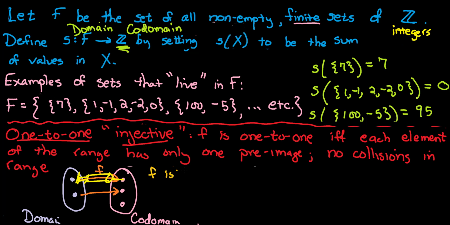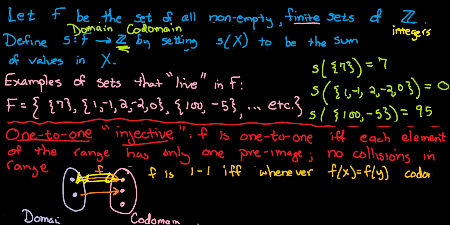F is, and I'm going to abbreviate, one-to-one, if and only if, whenever f of x equals f of y, and that's something that's happening over in your target space, over in the output space, over in your codomain, then x equals y,